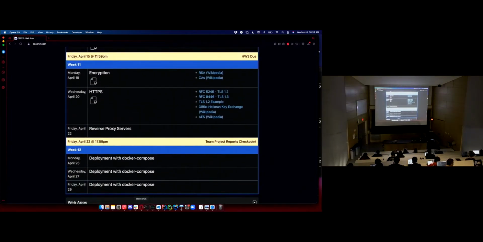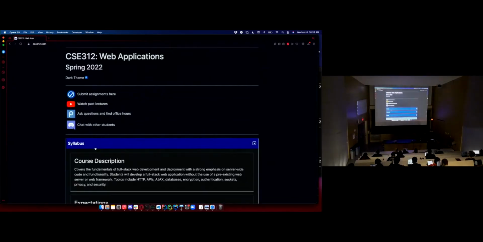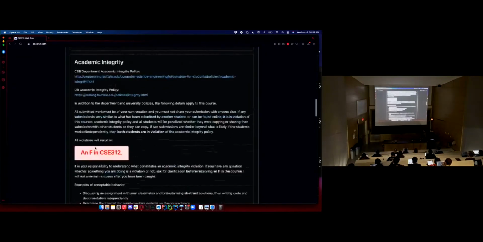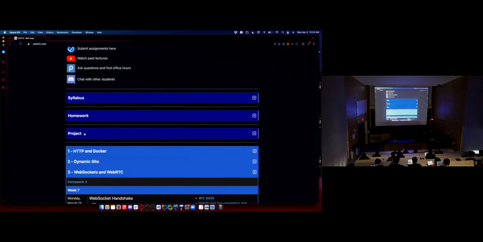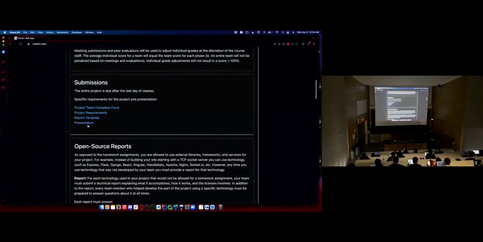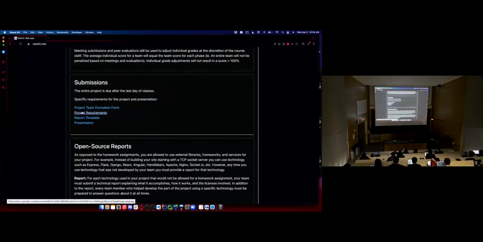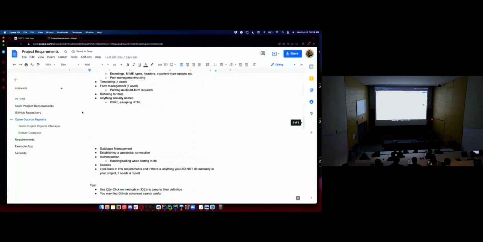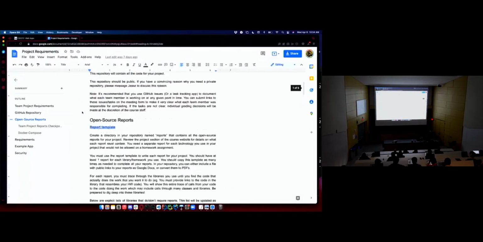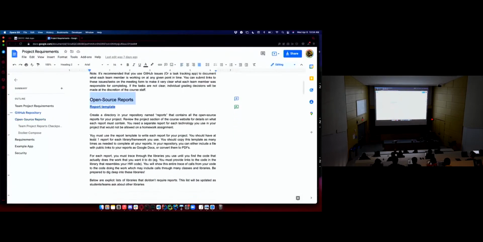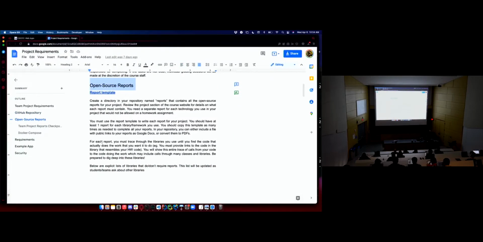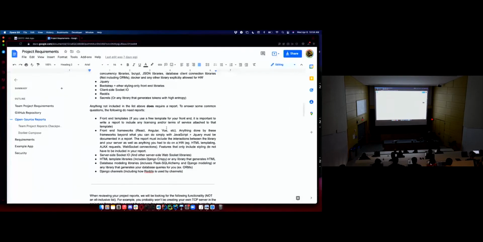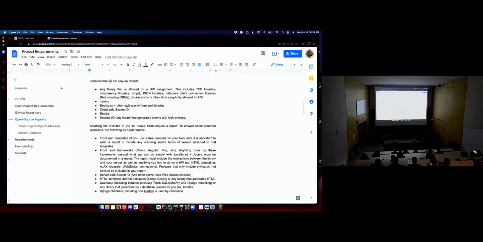Okay, so reports. I keep getting questions about this. I kind of hide this a little bit, not on purpose, but I've got to make this more visible. When you go to the project section on the course website, go to project requirements. In the reports section, there is the template to figure out what you're supposed to do, some explanation of what they are, and then lists of libraries that do not require reports and an explicit list that do.